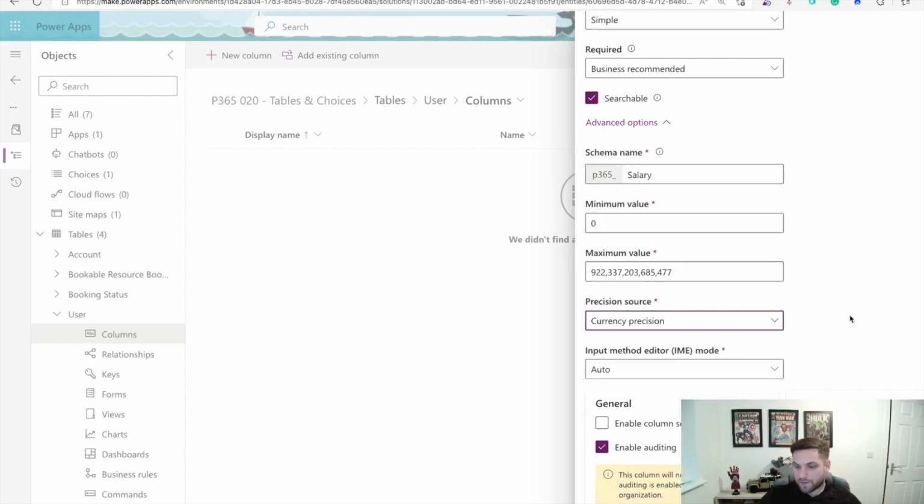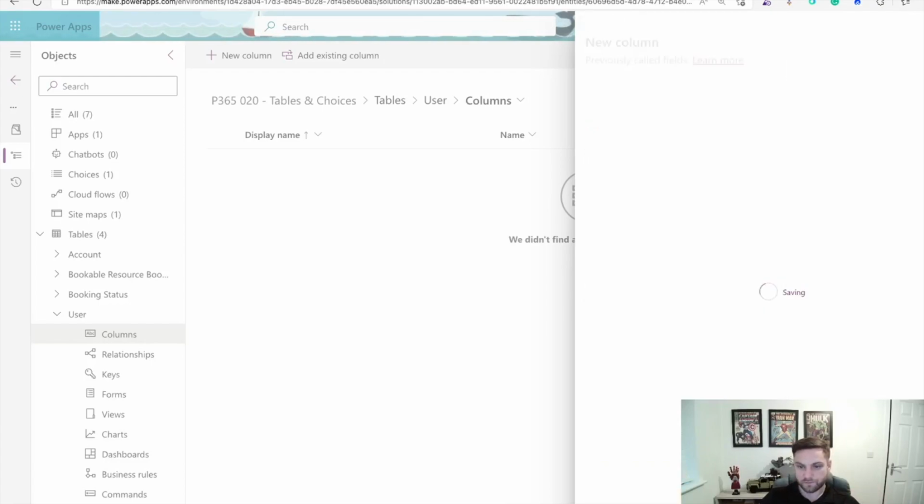I'm going to leave the currency position, and in here there's another one at the bottom called enable column security. So I'm going to check this box, and this is going to allow the security on the field when we add it to the form. So if I click save,